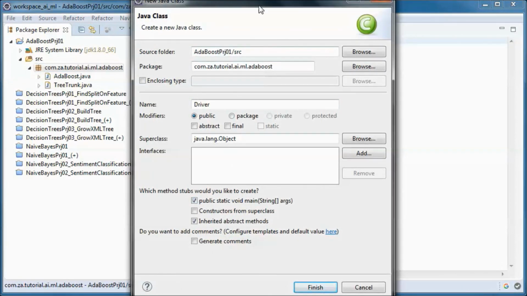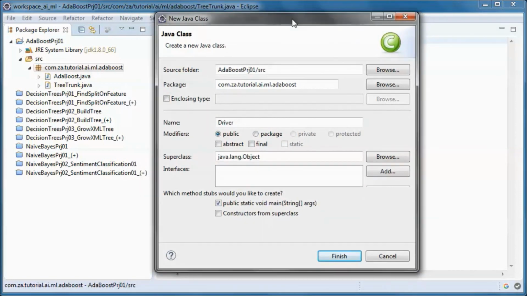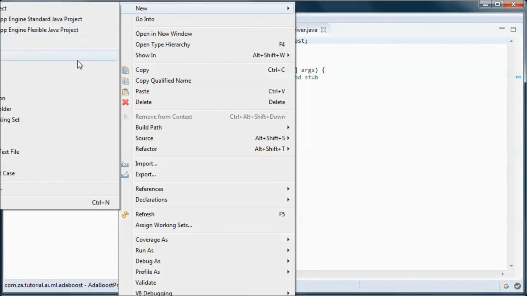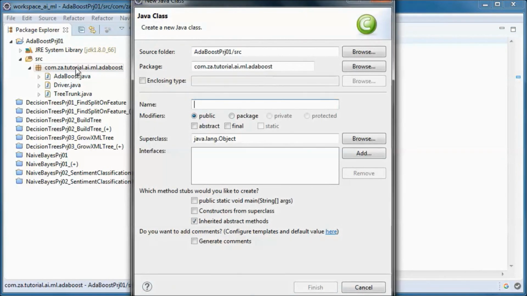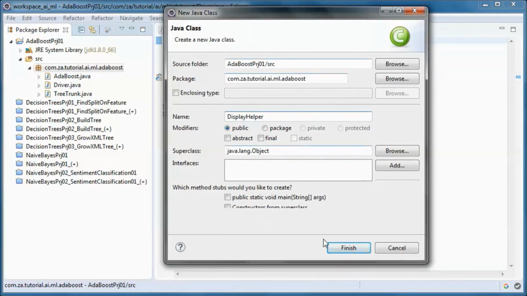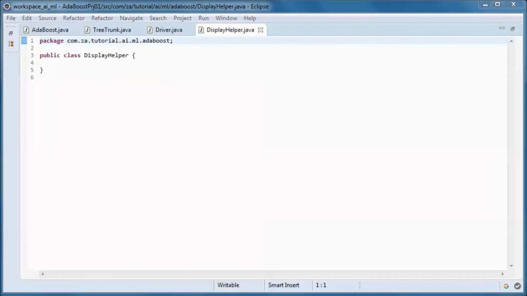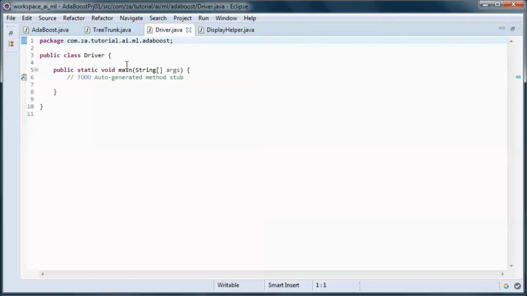So we will need a main method, and this class will contain display code, and we will be using JavaFX.